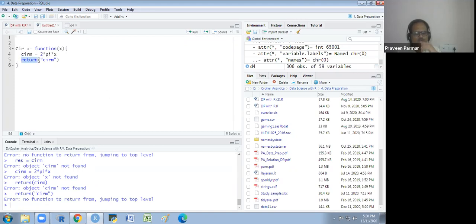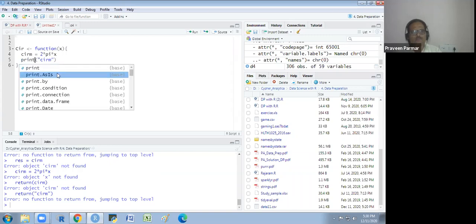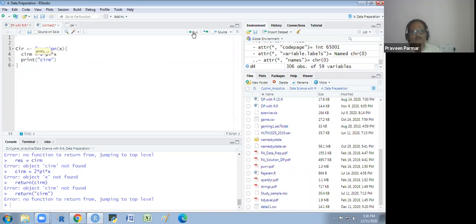If I write the print, then I see what I get here.